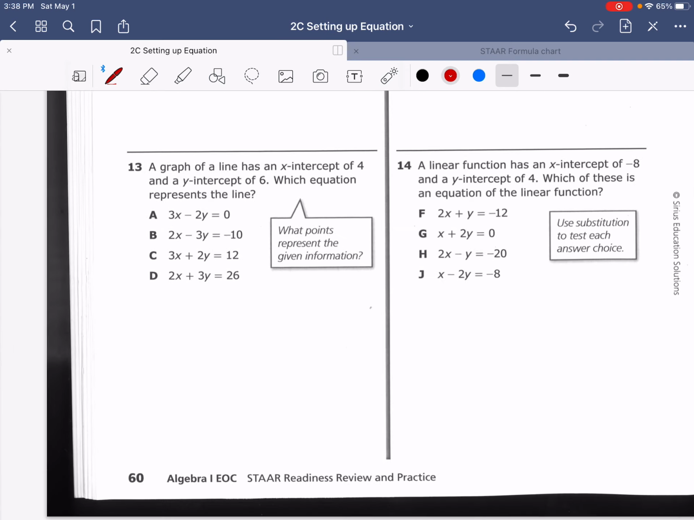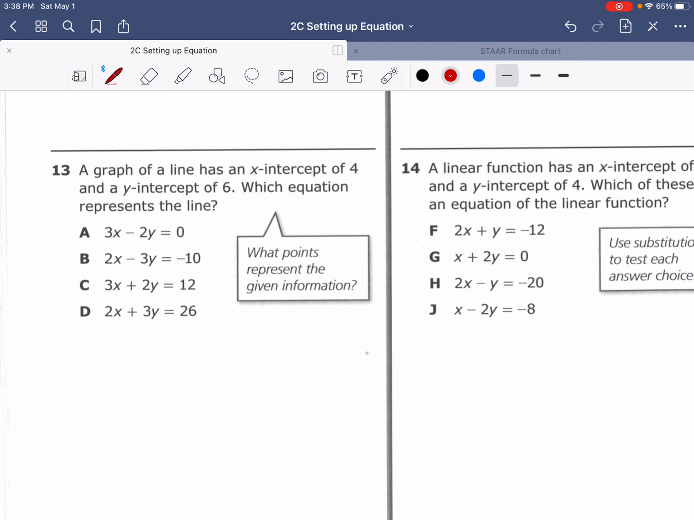Here you go. Question number 13. Graph the linear equation that has an x-intercept of 4, so you should have 4, comma 0, and a y-intercept of 0, comma 6. I'm sorry to say it, but what you have to do is change every one of these into slope-intercept form. For example, if I change 2x minus 3y equals negative 10, because it's in standard form,